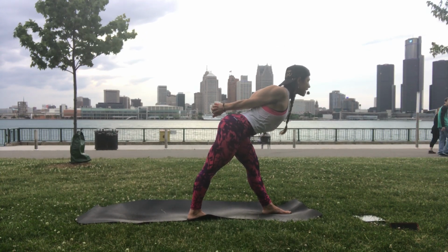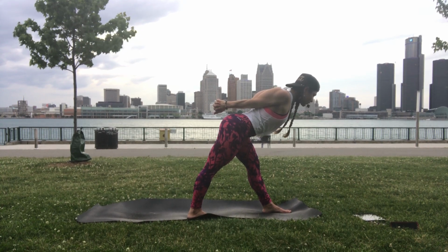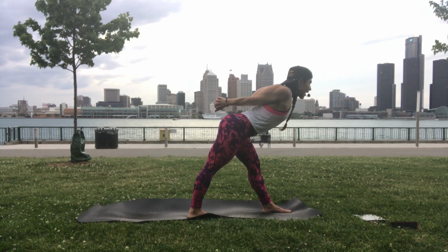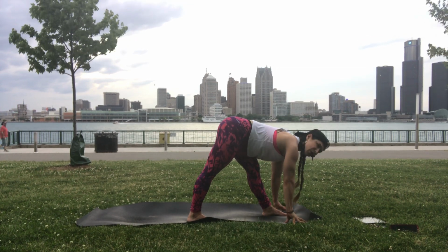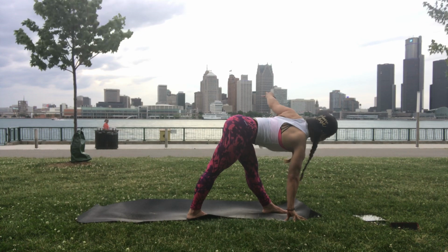Try not to let the head hang. The crown is reaching tall away from the tailbone. Take a deep breath in. That left hamstring is working. Exhale, hands down. The right hand's going to stay down. Stay on your fingertips. That's going to give you more space. Take the left arm out and